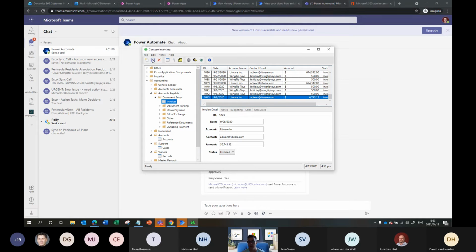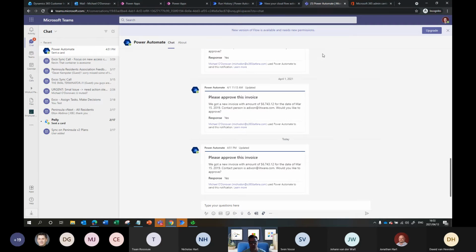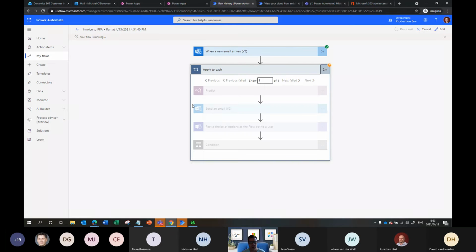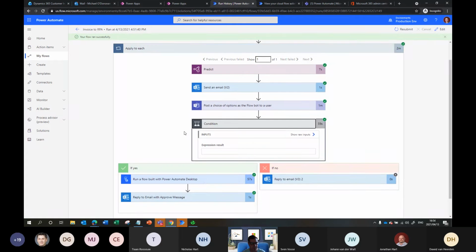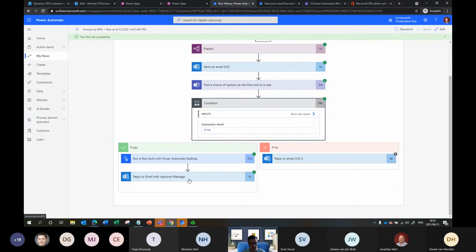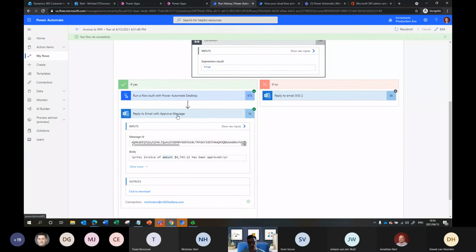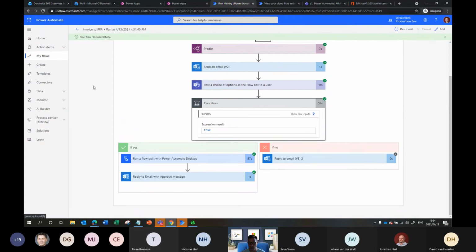Okay, and once saved, then once again, it should have sent another email at the end of the whole process. Well, I'm not sure if it did, but yeah, this should refresh shortly. Okay, something happened. There we go. All my green ticks have now arrived. So it did do the starting of the desktop flow. You saw that it sent an email with the text, your invoice amount has been approved. Okay, so that's pretty cool, isn't it? Hey?